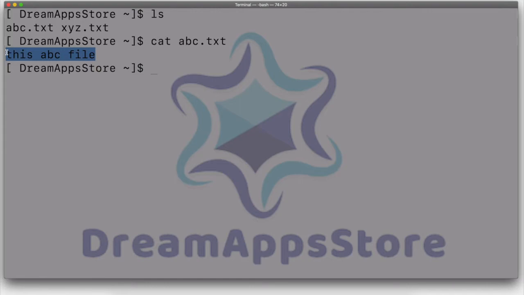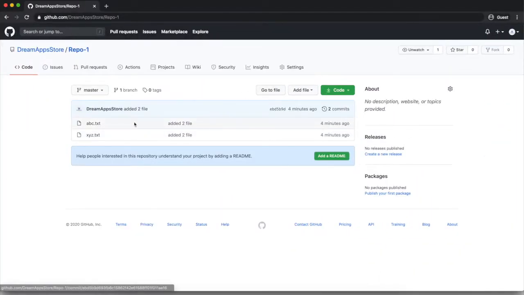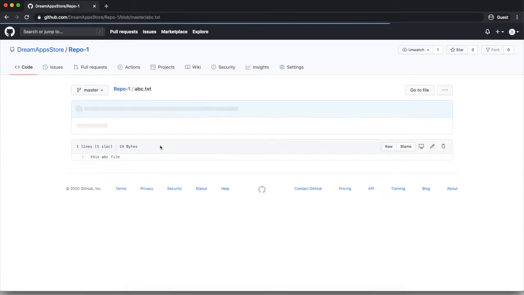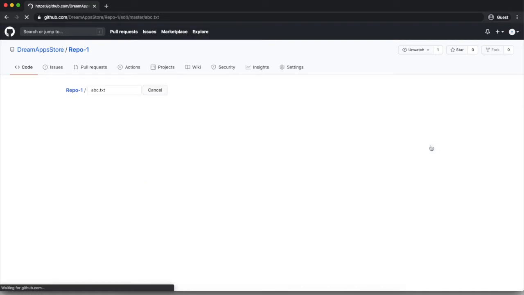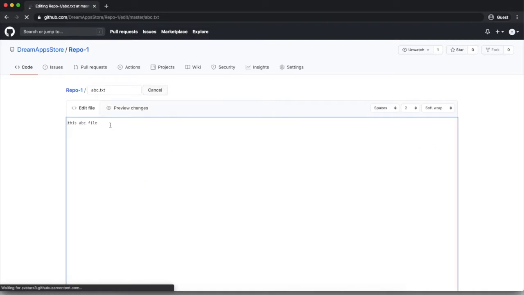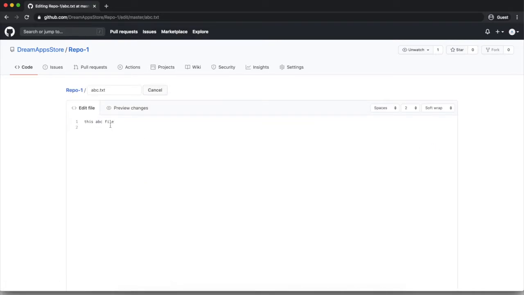Now we'll see what data we have in the repository. So this is the repository. Here we have this text file. Suppose you did some code changes and added a new line, as I added a new line.